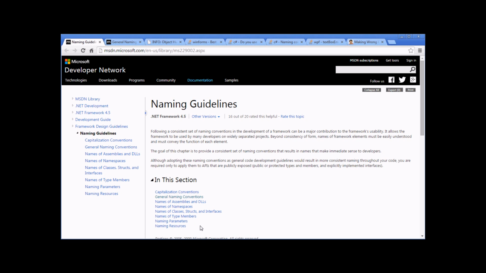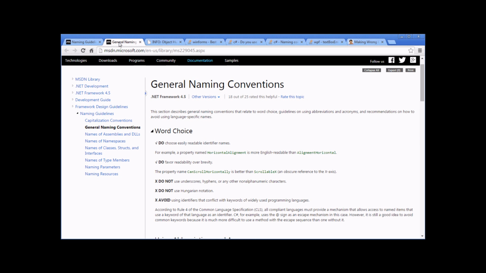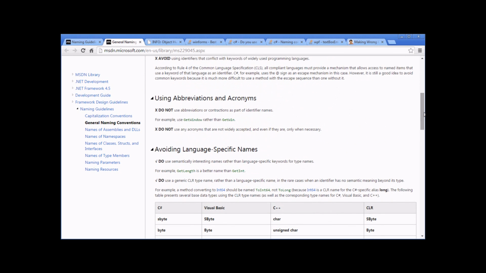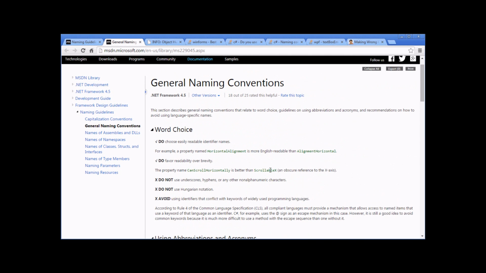The problem is it doesn't include things like form controls. They do have a slightly more general naming conventions page, which gives you some advice, some do's and don'ts for naming things. So they tend to favour more long descriptive names than using abbreviations and acronyms. And on the note of acronyms, they have one very specific piece of advice about not using something